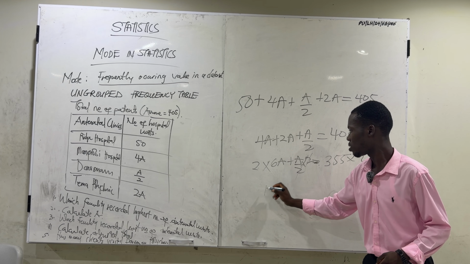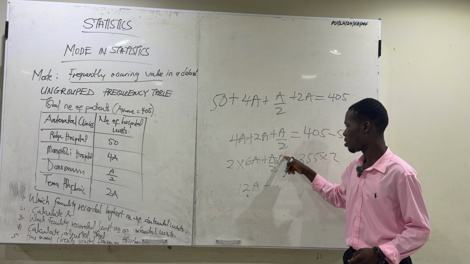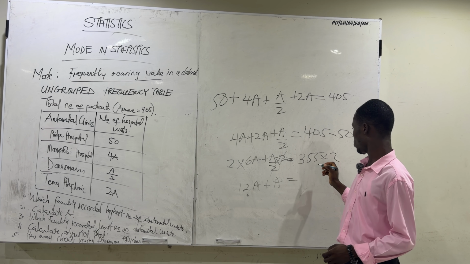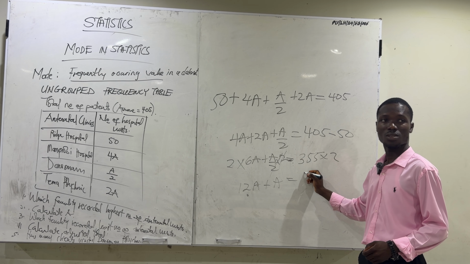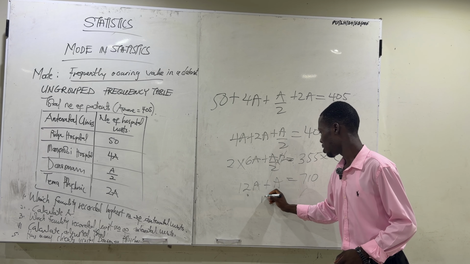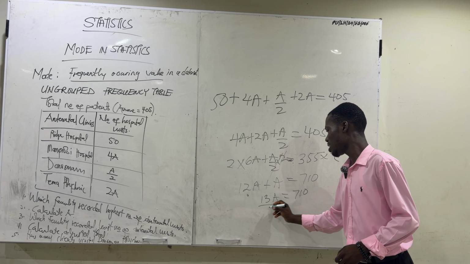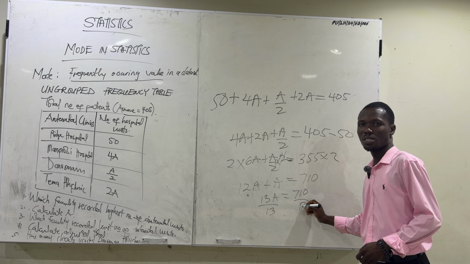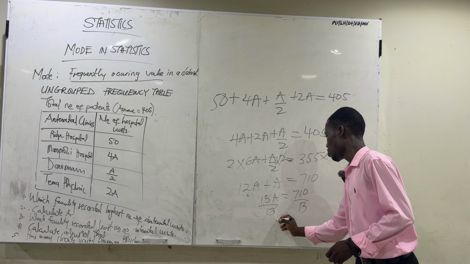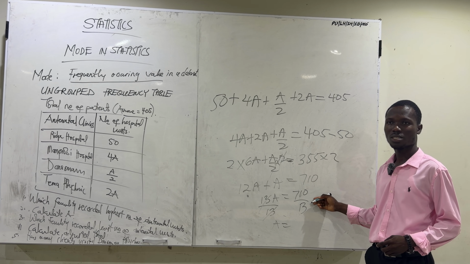So we get 12A plus A, because A times 1 is A, equal to 710. So 13A is equal to 710. We divide both sides by 13 so that we can get A. This 13 will cancel this 13. So A is equal to 710 divided by 13, which is